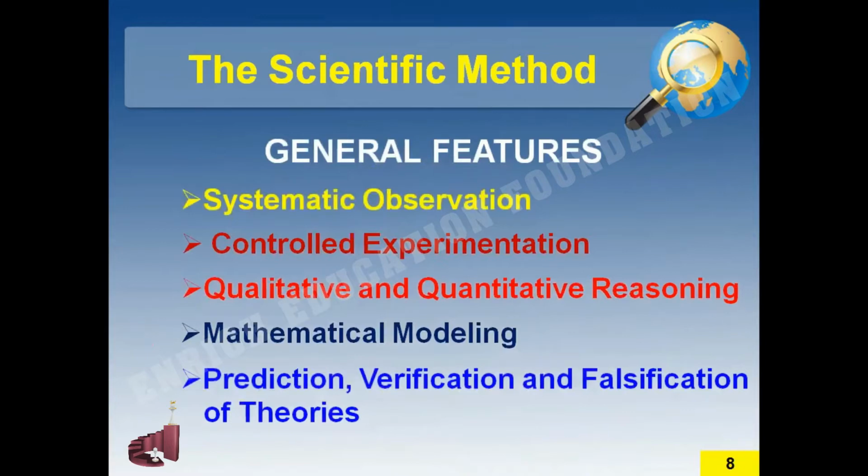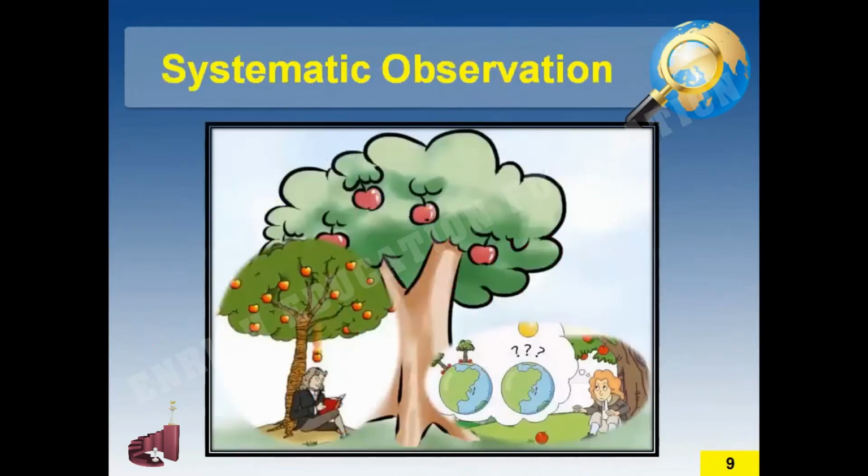Now, these terms may be a little new to you, so one by one we'll see what each one means. First is systematic observation. For this, let us take the story of Sir Isaac Newton. It so happened that one day when Newton was having his tea in his garden, he noticed an apple falling from the apple tree. The apple was coming downwards. This made him think why the apple had not gone upwards or sideways. So now he started to observe such incidents more carefully.